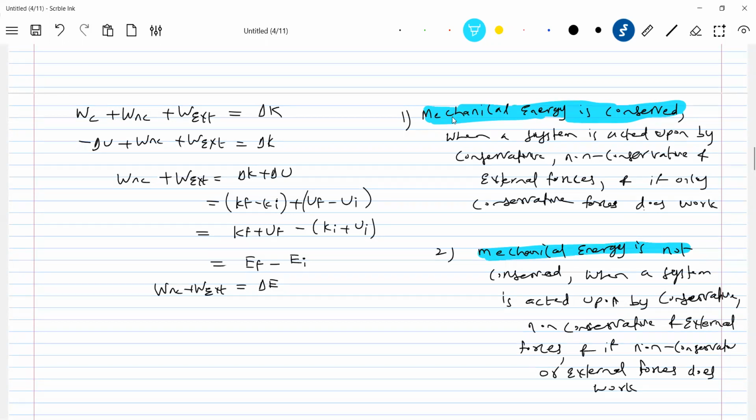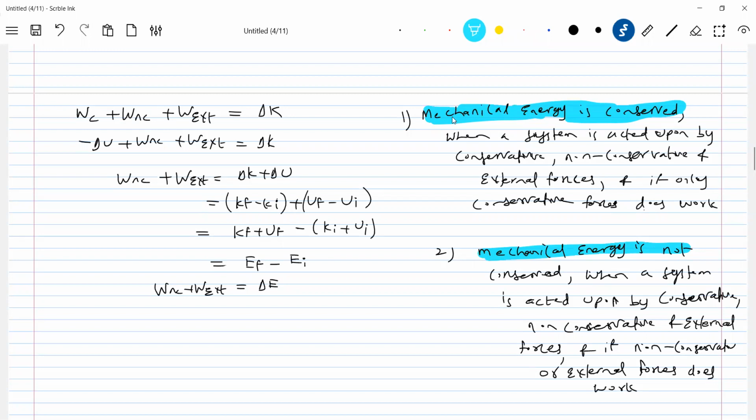This is what is needed for us in the exam. In the exam, some students are very smart. How are they smart? They're not bothered about identifying conservative, non-conservative forces. They just apply the work energy theorem and get the answer. There was nothing mentioned in the work energy theorem about the nature of force. Work done by any force is equal to change in kinetic energy.